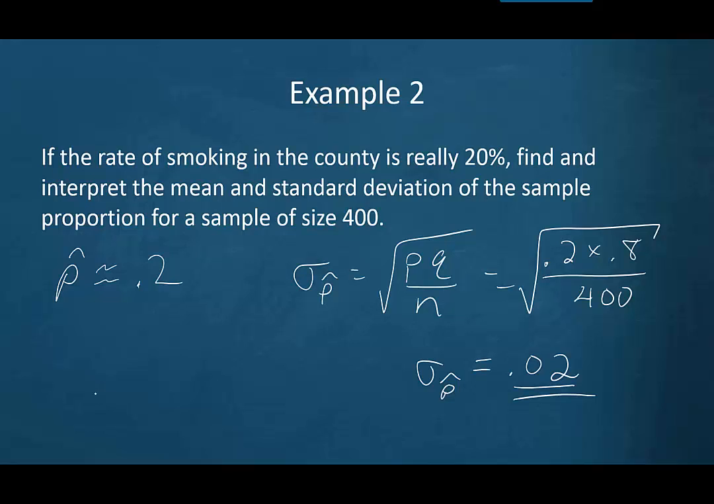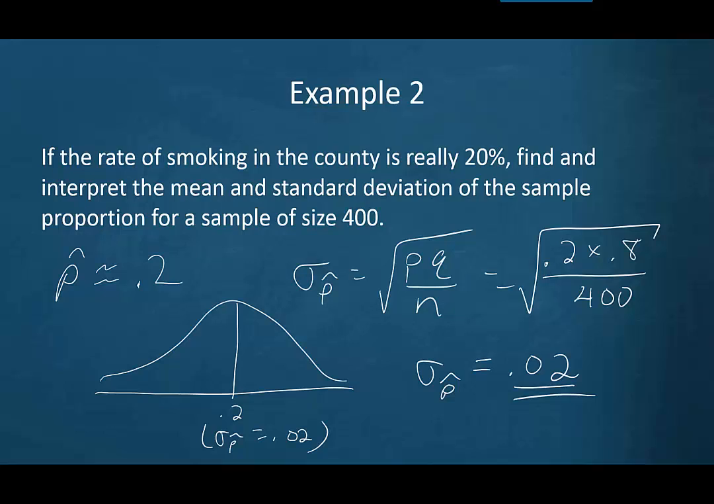If I were to draw this out, we can get a sense for this, right? So one standard deviation above this would be 0.22. Two standard deviations would be 0.24. And then I go one standard deviation below, it would be 0.18. And then one more would be 0.16. So we would expect 95% of these samples to be between 0.16 and 0.24 if the true population proportion were